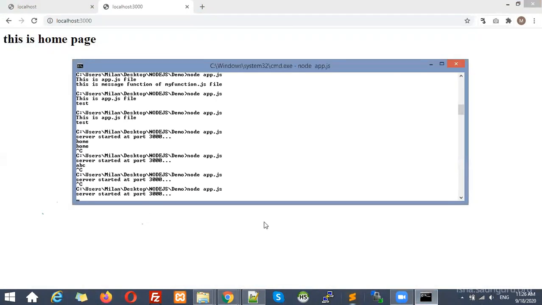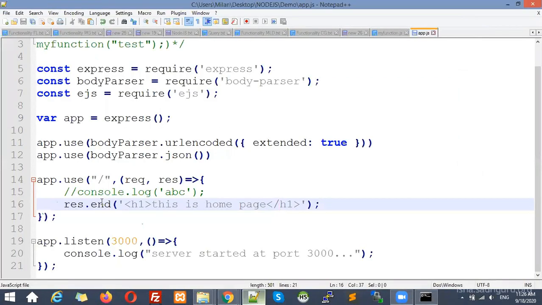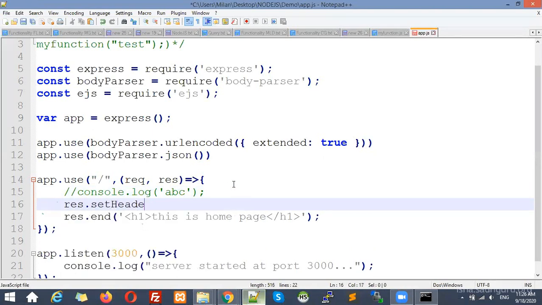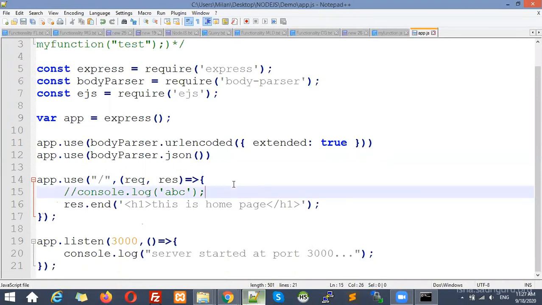Here you can see this is the HTML content. Also, you can mention what type of content you are going to specify. For example, here I have mentioned this content. But before this one, you can mention that you are going to send the HTML content, or the PDF file, or the image file by setting the headers also. Right? So generally we don't require it for this application, so we are not going to mention that one. Otherwise, you can write response dot set header, and set the content type in the header. In that one, you can mention text slash HTML, text slash JSON, whatever content you are going to send. Right?